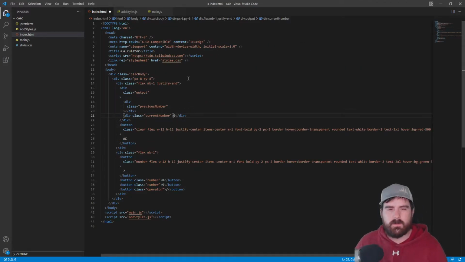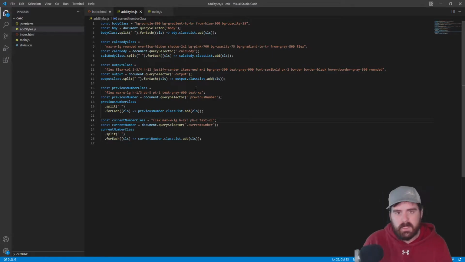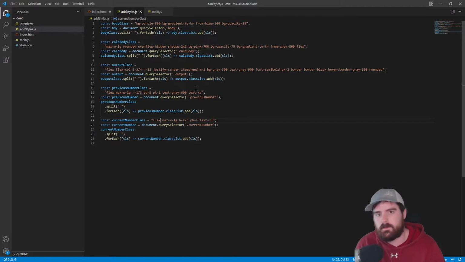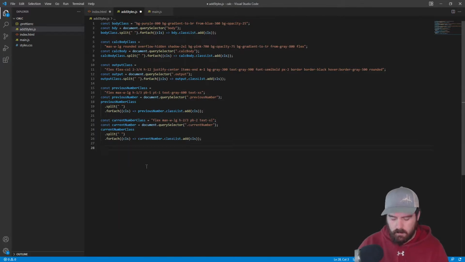Okay, we're going to do something slightly different for the buttons because we're going to have buttons that are numbers and operators, and this one's clear. So we're going to set up a base class for the buttons that will apply to all of the buttons, but each of those separate classes, if it's an operator or a number or like a decimal or clear, they'll have their unique styling. So let's grab all of the buttons. So we can say const